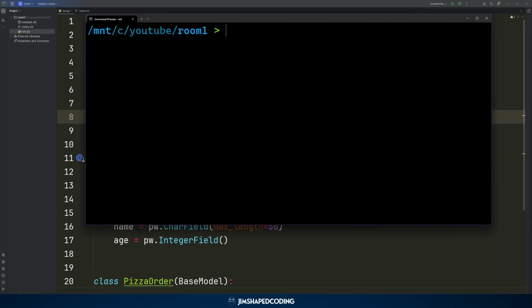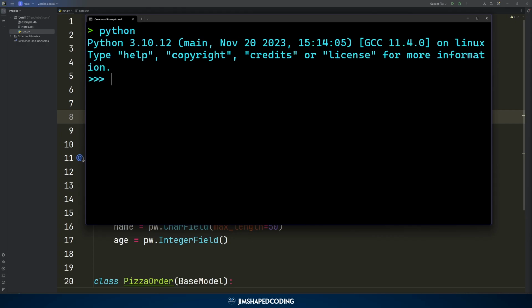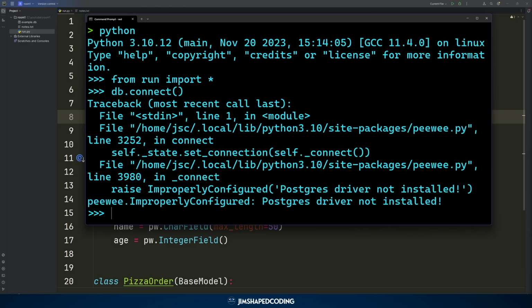Alright, so now let's go ahead and do Python. So we go inside the Python console, and then we can run from run import asterisk like we have done previously. And if you remember, db.connect as a method with parentheses was responsible to create the tables earlier on. But now if we run it, then you can see that we receive an exception that says Postgres driver not